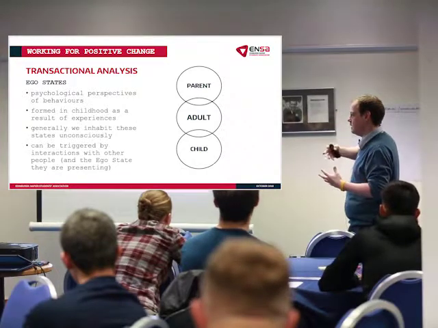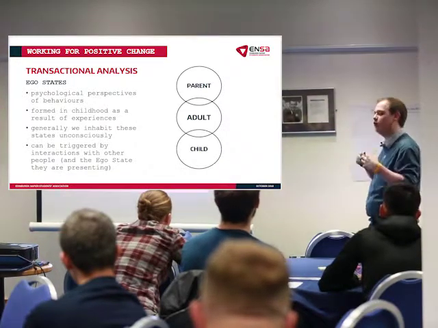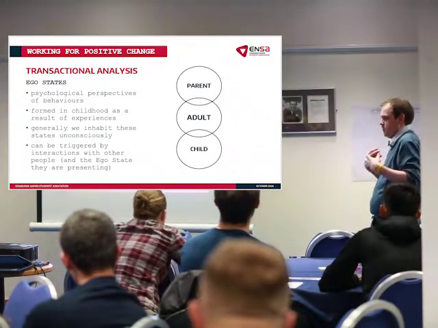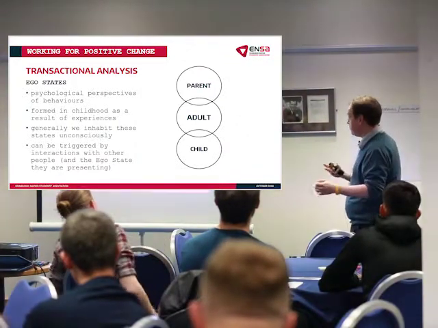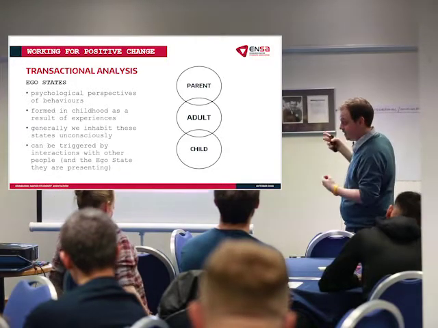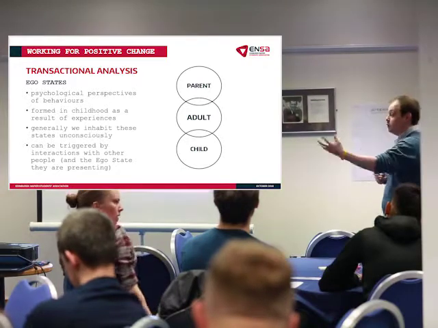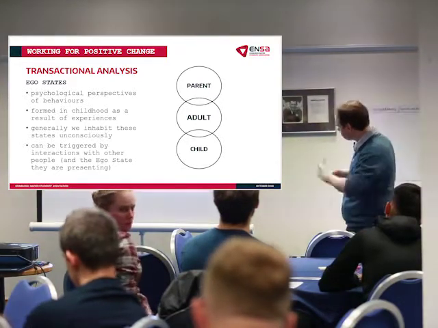So you can suddenly meet someone and you're like, why is it that I'm just always angry around them? And that person just makes me change. That's not who I am. And it's because the way that these ego states interact cause changes in other people as well. So if you act in a particular way, someone will respond in a particular way.